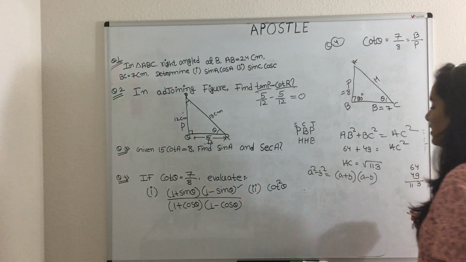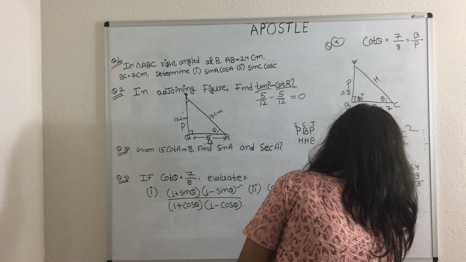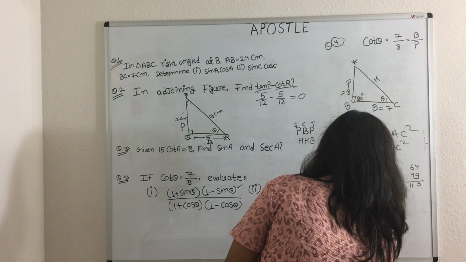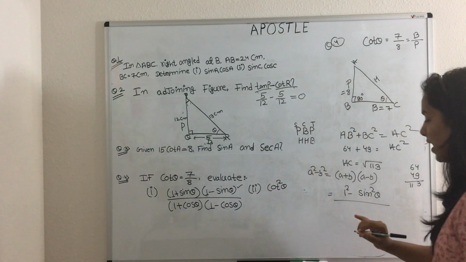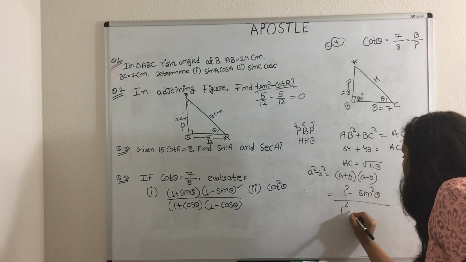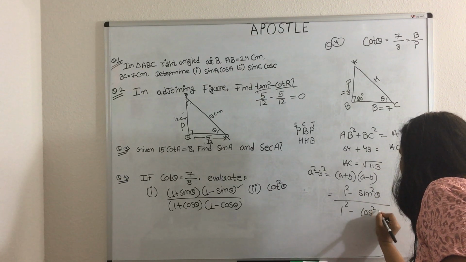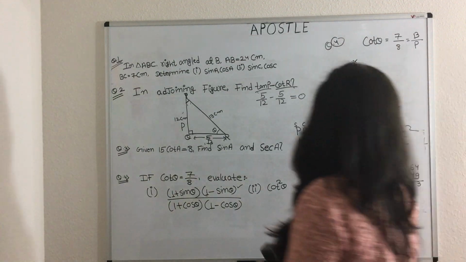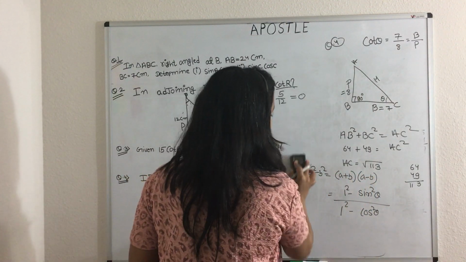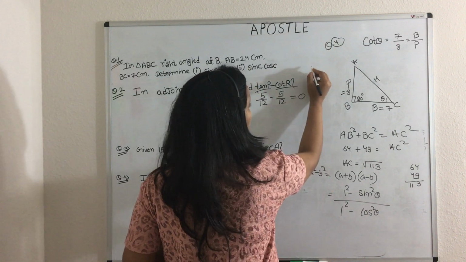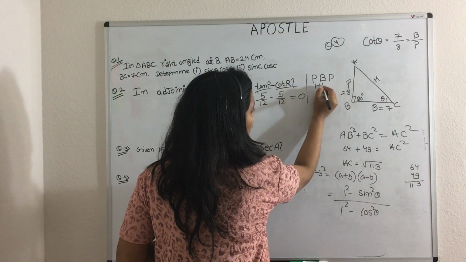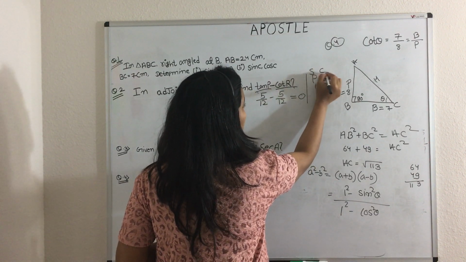So we can rewrite this as 1 square minus sine theta square, and we also rewrite this as 1 square minus cos theta square. Clear? So now we have to find out the value of sine theta and cos theta. So now I am going to calculate the value of sine theta and cos theta. So we know the concept: Pandit Badri Prashad Har Har Bole Sona Chandi Tole.